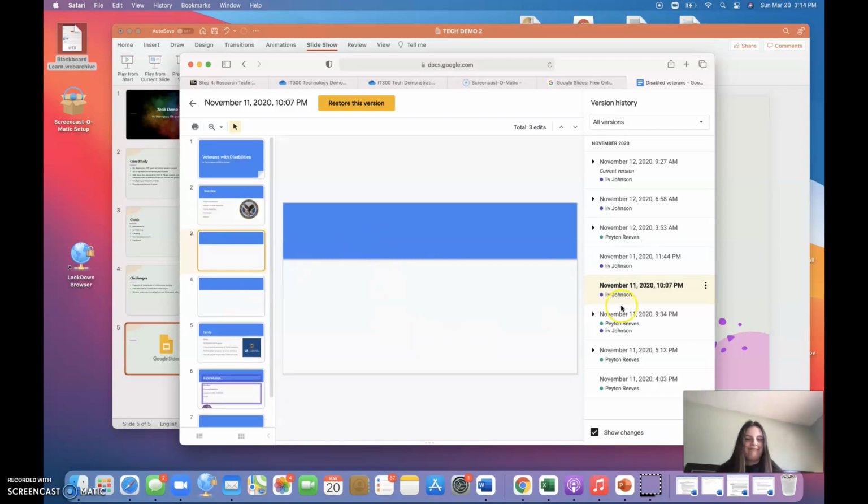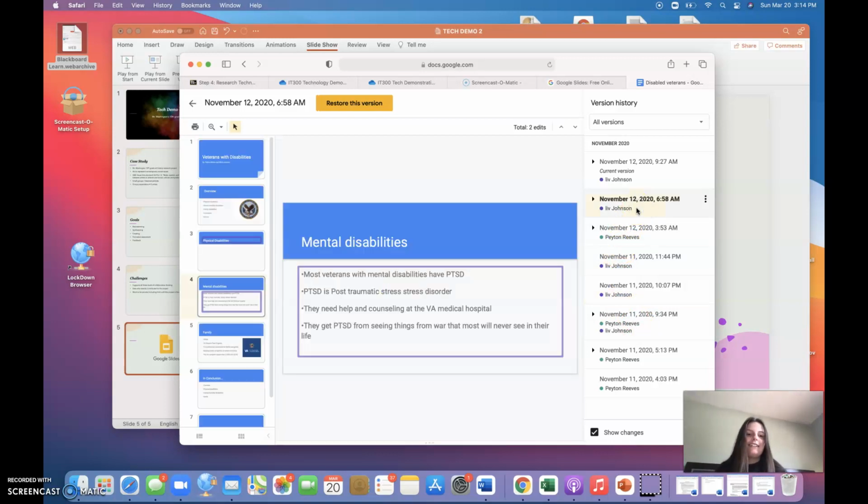She didn't do anything. So we're going to click, let's do November 12th at 6:58 a.m. So right here, she did this whole slide. So now Mr. Washington knows to grade her for this whole slide and for her work on this slide. So this, I think, is going to really help Mr. Washington with what he wants to convey, or with what he wants to accomplish, is to grade each student how